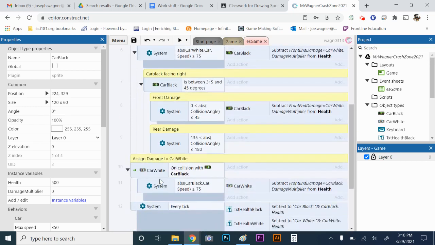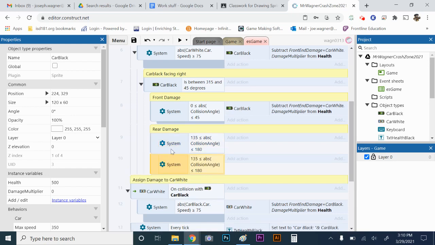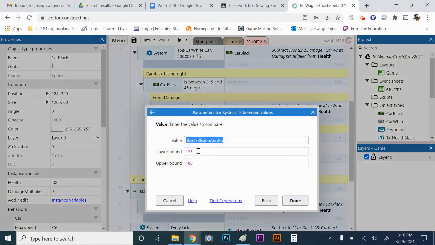Okay, and then what we're going to do is we are going to copy and paste this, and then we're going to make a side damage. So if you just highlight it, you can press Control C as in car, then Control V as in van, and we'll paste one right below it. And this one, we're just going to double click and change it to 45 and 135. So let's do 45,